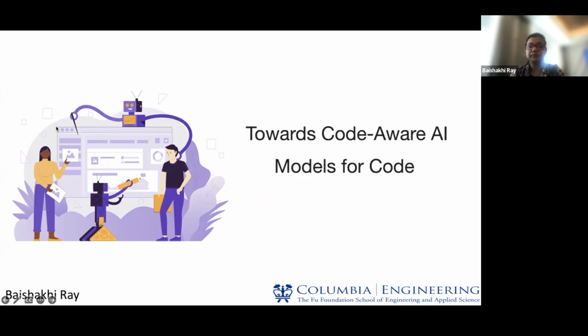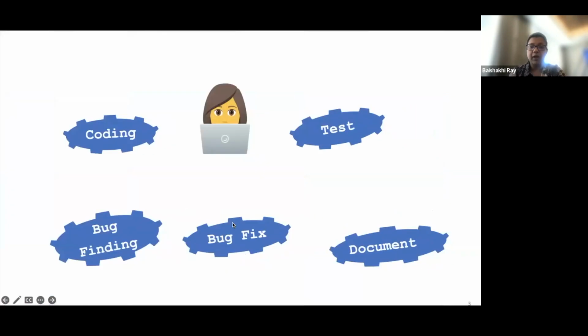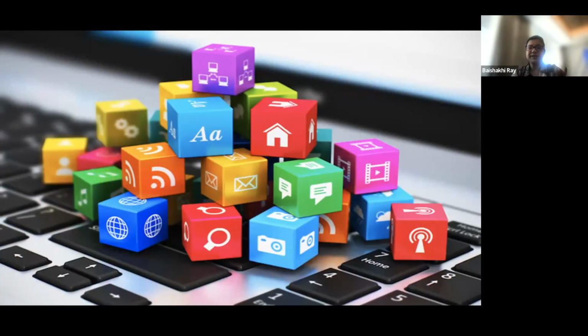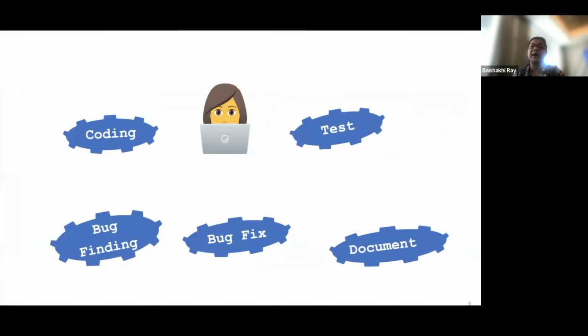So with that note, I would like to talk today about towards code aware AI models for code. So in present day, we know software is everywhere, right? From the morning, or even probably when we are sleeping, we use some sort of software till the whole day and when we go to bed. So this huge and diverse type of software and the related industry is supported by relentless effort of developers